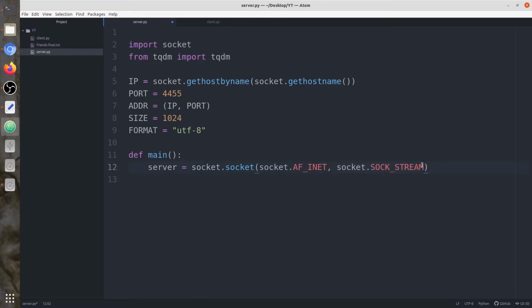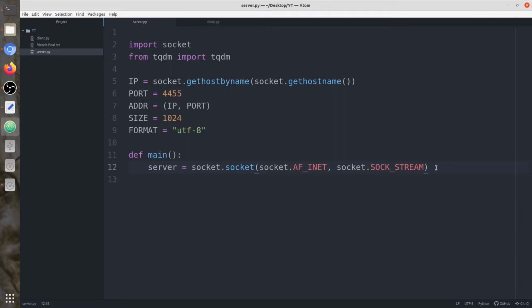TCP is basically a connection oriented protocol. So what does connection oriented protocol mean? It means that it first establishes a connection between the client and the server, and then data transfer takes place. Unlike in the case of the UDP protocol, which is a connectionless protocol, UDP does not care whether a connection is established or not. It just sends the data and does not worry about whether the data is received properly or not, or whether it is lost. What happened to the data, it does not care about.